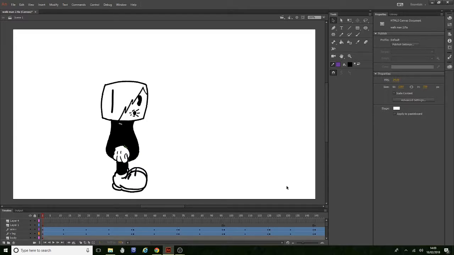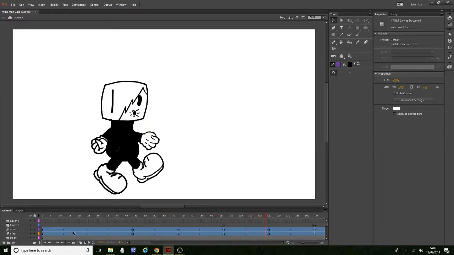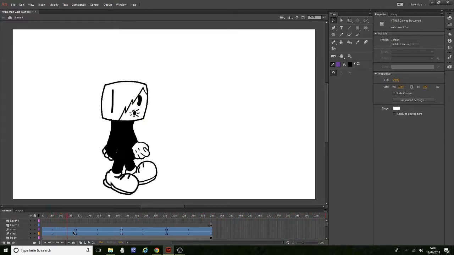So today I'm going to be showing how I make a simple background for these animations. As you can see here, I've already set up the walking, because I use the same bit over and over again. Music's already in it, so that's fine. But I need to do a background for it because this is going to be one of the end scenes where he just walks off to the distance and simple text says that